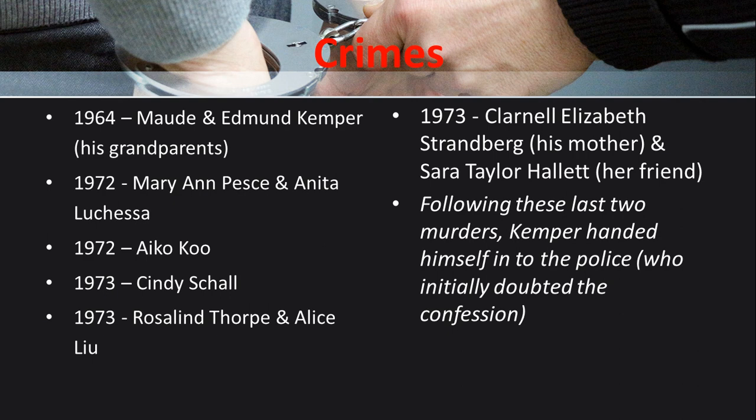His known crimes, the ones he's confessed to, and at the moment there's no real suggestion that there could be any additional unknown crimes for Kemper the way there are for some of the other case studies that we've looked at so far, where it's speculated that some of them at least may have killed way more people than they were ever charged with. These are the known and presumed only crimes that he committed afterwards. So these ones were all students at the local college: Marianne Pesci, Anna Lucchesa, Aka Koo, Cindy Shaw, Rosalind Thorpe and Alice Liu. Some of them he picked up as hitchhikers,